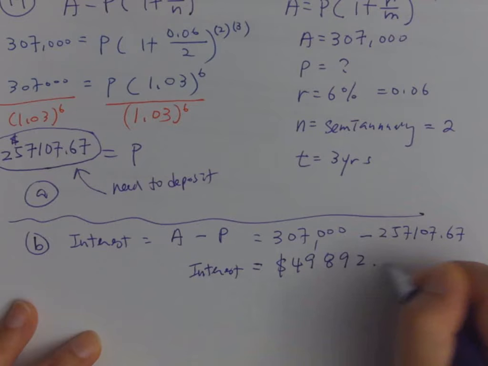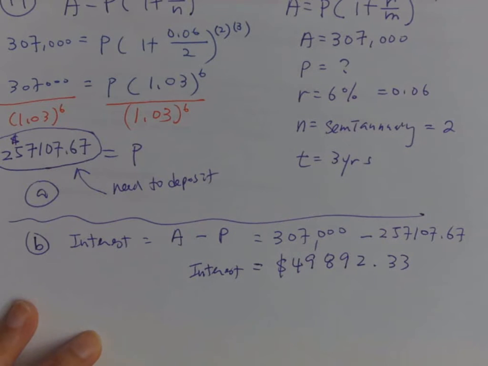So we need to basically use my accumulated amount minus the principal, right? So what do we have? We have 307,000 subtracting what we just got, 257,107.67. If you use your calculator,